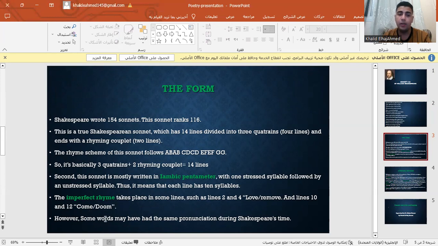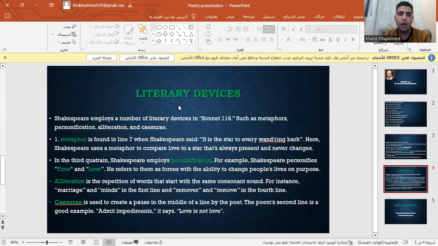However, keep in mind that some words may have had the same pronunciation at Shakespearean time. So they might have pronounced remove as "rove", for example. So yeah, we are only assuming. About the literary devices, Shakespeare employs a number of literary devices in Sonnet 116, such as metaphors, personification, alliteration,